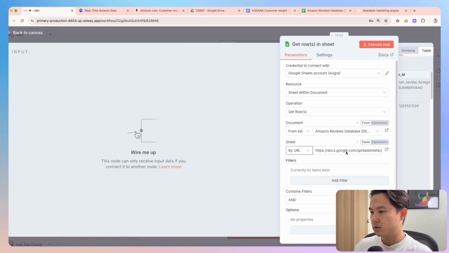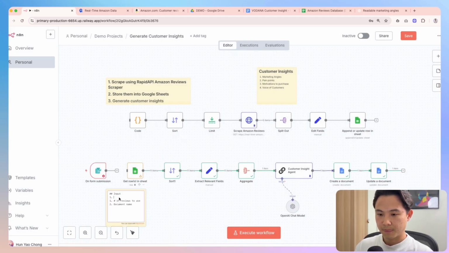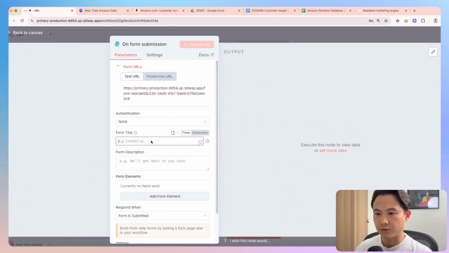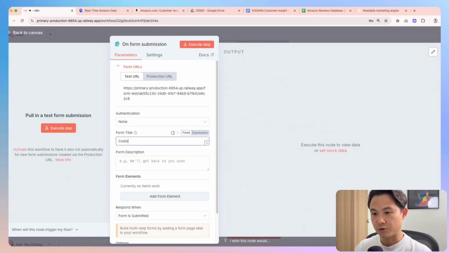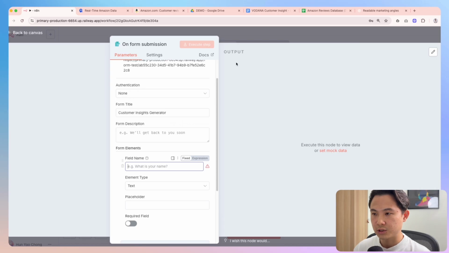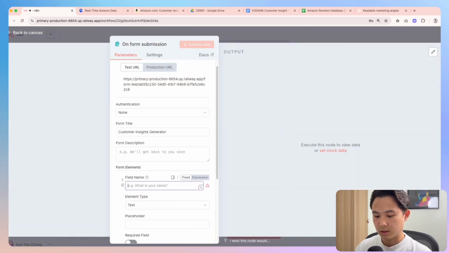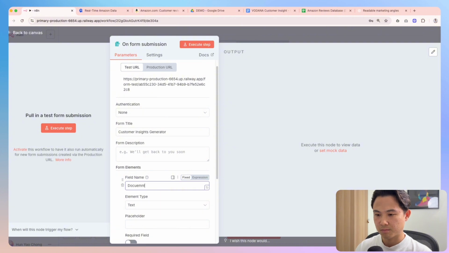So we'll change this to URL, and then we would change this later, but I think for now let's just say URL of Amazon database tab. Okay, let's just set, right? So form title would be customer insights generator, and then we can add the form element. So the first thing that we want is, let's just put document name first. So insights, maybe just document name,